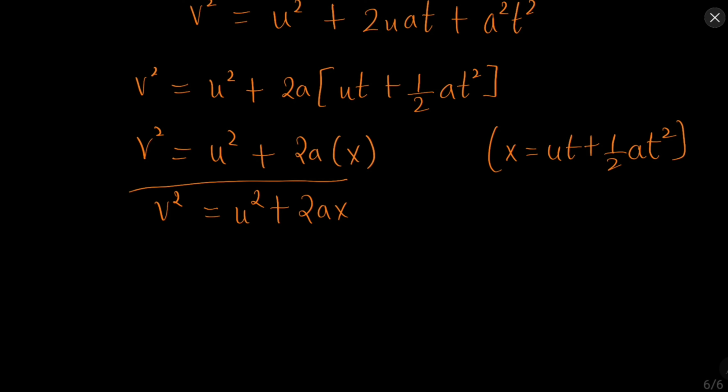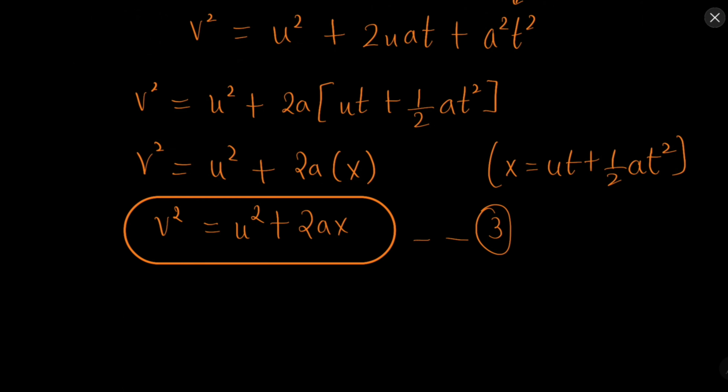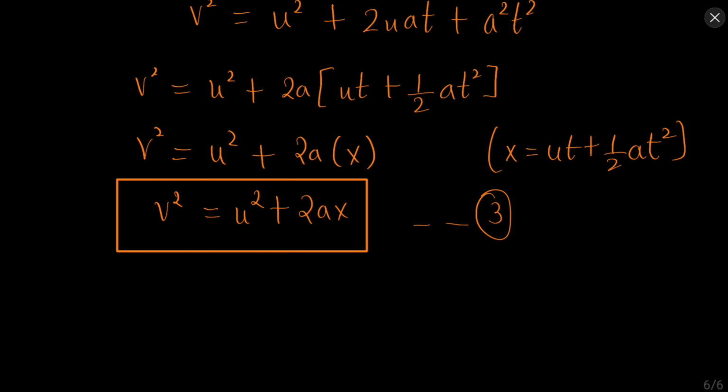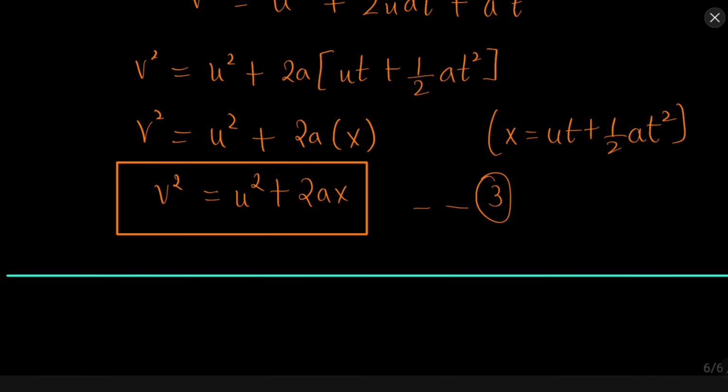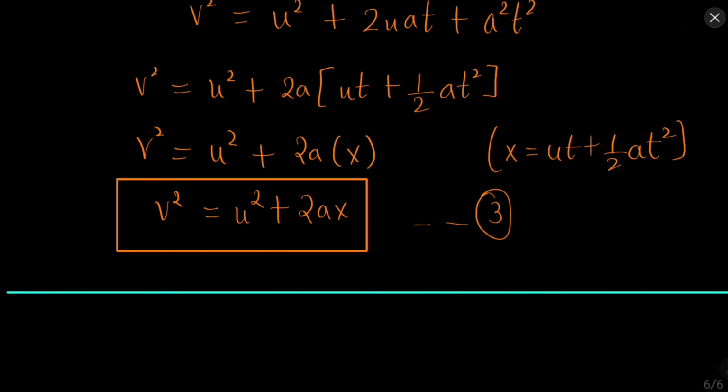So this is how we get the three equations of motion when the acceleration is considered to be a constant. Okay, remember acceleration is a constant. Third equation, second equation and first equation. Till now we have only discussed the motion in one dimension. Okay, let's say we were only focusing on x axis, or either y axis or either z axis. But obviously not all the motions happen in one dimension. There can be multiple dimensions. Motion can be happening in a plane or it can be happening in a volume, okay.